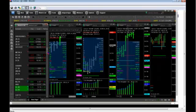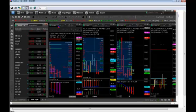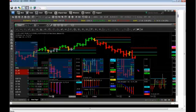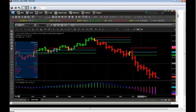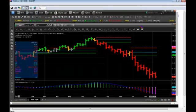So first of all, I want to take a look at crude oil. This is the big commodity that's on everybody's radar screen right now. Here's the weekly situation. Nothing new there, and on a long-term basis, it's definitely been okay to be short and not okay to be long. I do have some magenta bars appearing down here, but I'm leaning towards some of the fundamental news out there,